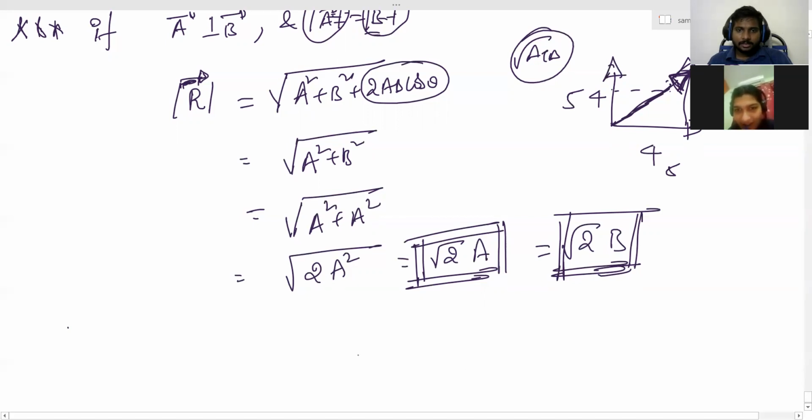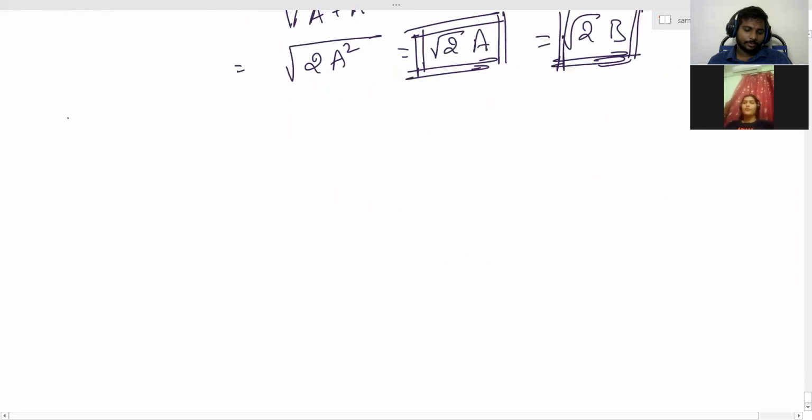What I'm telling is, if this is 4 and this is 4, the resultant will be 4 root 2. If this is 5 and 5, the resultant will be 5 root 2. The angle should be 90 degrees, it should be perpendicular. And another point, you can ask me how did you add both of them? Tail and tail are added, so you displace it parallelly, and this will become tail on the head. Again, you will get the same result. This is the Pythagoras theorem: 4 square plus 4 square, root, 4 root 2.